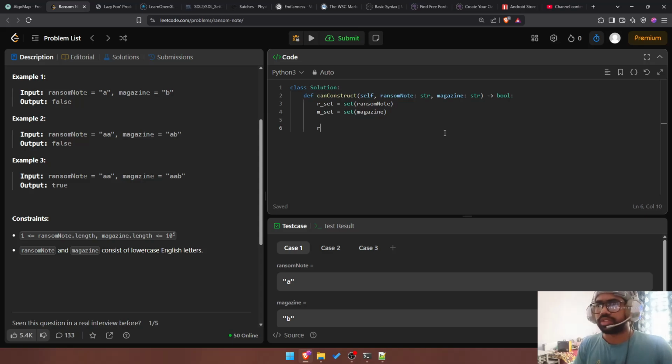First I just want to print them, right? Print rset, print mset. For now I'll just return true,